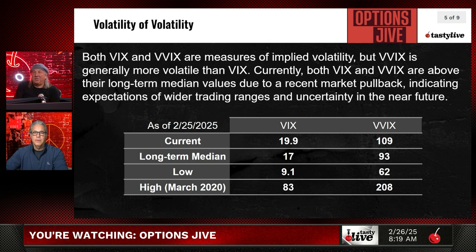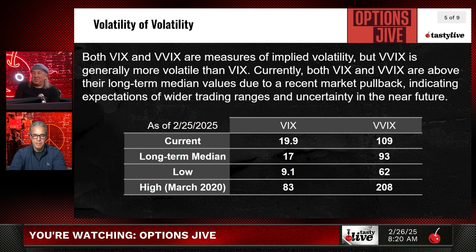Let's go next slide. It's good for trading when it's over 100. Both the VIX and VVIX are measures of implied volatility, but VVIX is generally more volatile than the VIX. Sure, because volatility on a more volatile index is going to be higher than volatility on a less volatile index. Currently, both the VIX and VVIX are above their long-term median values due to the recent market pullback, indicating expectations of wider trading ranges and uncertainty in the near term, of course. And this makes for more opportunity. More uncertainty, more opportunity. You can see here the long-term median average for VVIX is 93, and we are at